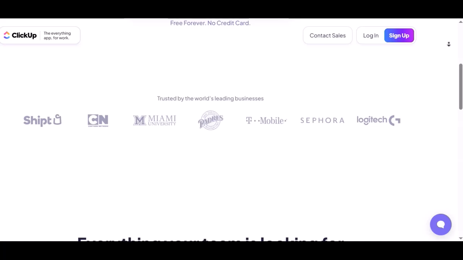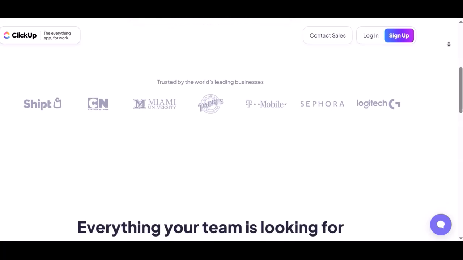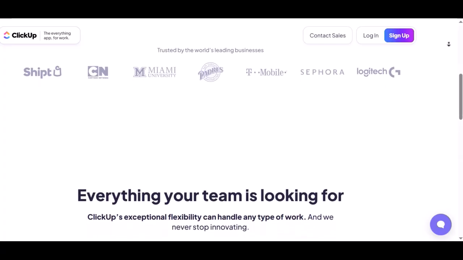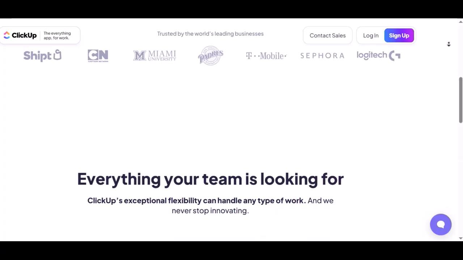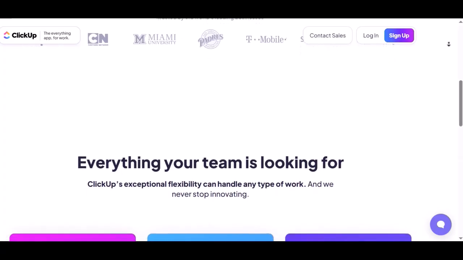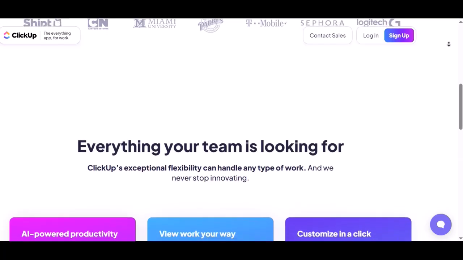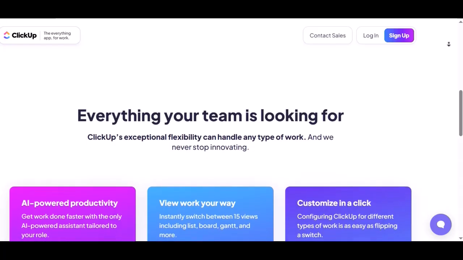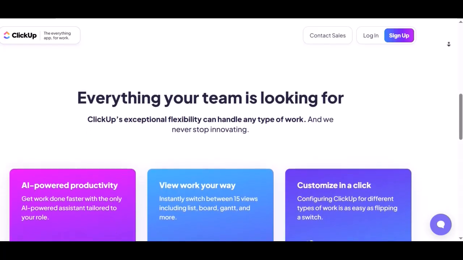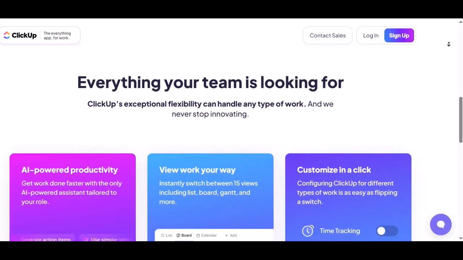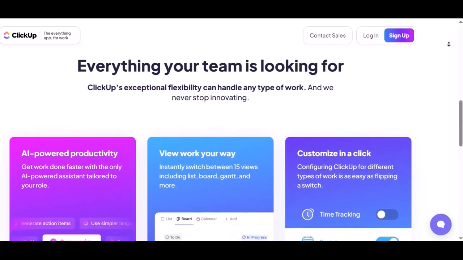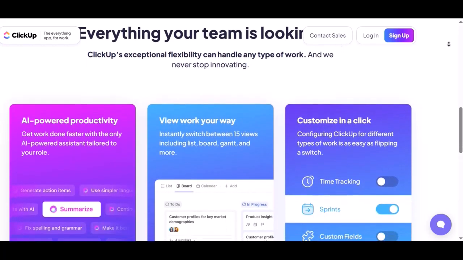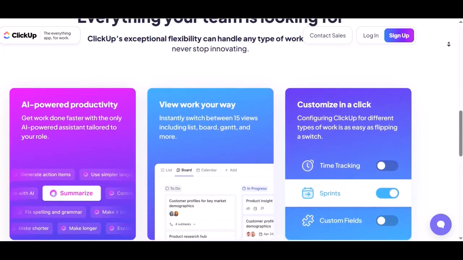So let's unpack the core differences between ClickUp and Zoho to help you determine which might be the better fit for your specific needs. It's important to clarify that Zoho isn't a single product. Zoho is a vast software company that offers over 50 individual applications covering almost every business function imaginable: CRM, accounting, HR, marketing, email, etc. When comparing Zoho to ClickUp in the context of project management, we're primarily looking at Zoho Projects, Zoho's dedicated project management application, and potentially the broader integration capabilities if you opt for Zoho One, their all-encompassing